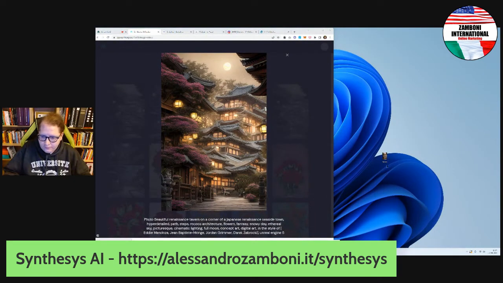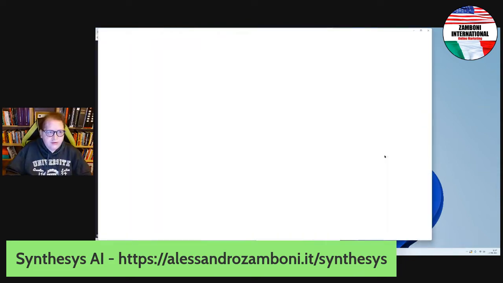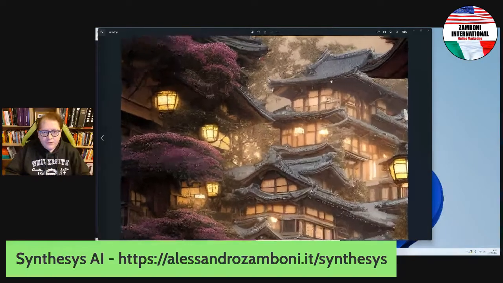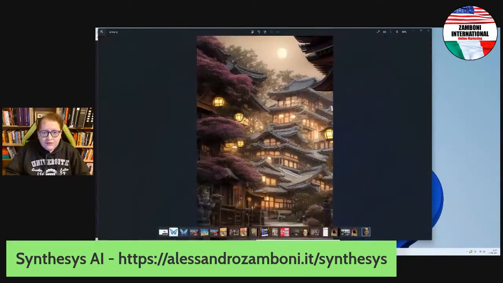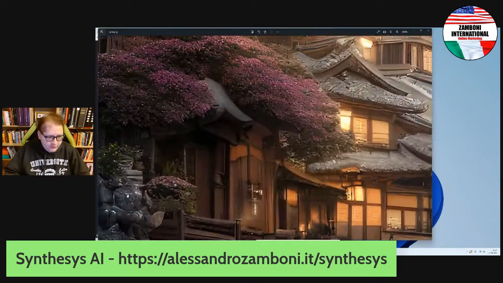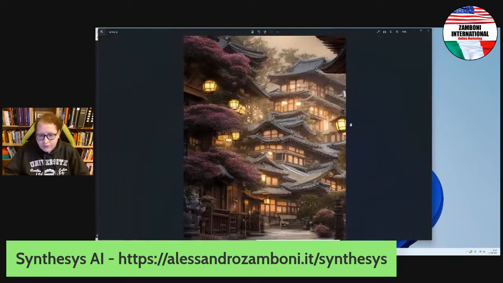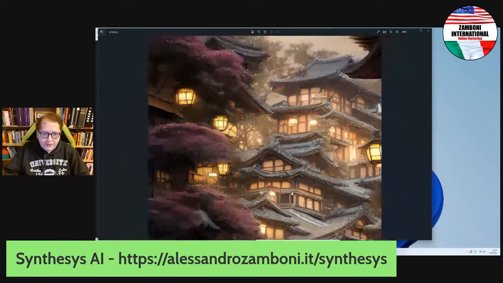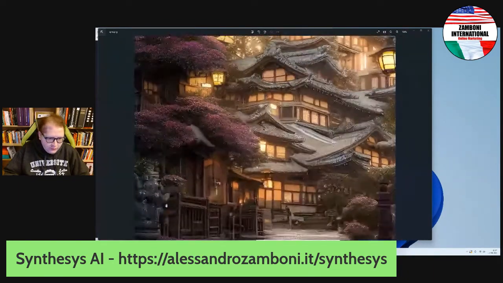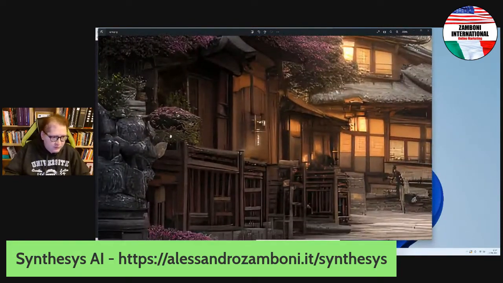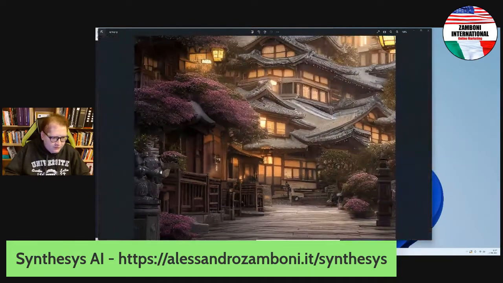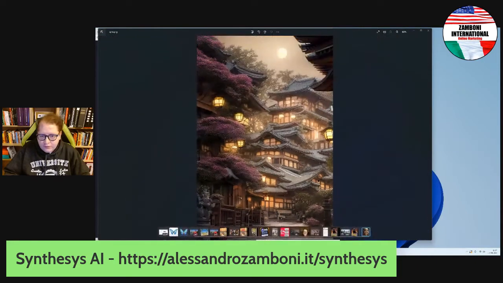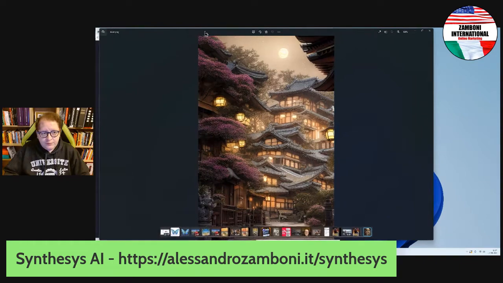Okay, so this is our final image. We can zoom through it. It has some quality. You can make it bigger with an image upscaler, for example, any image upscaler. I think the image could be considered fine, not good or extra good, because there are a few problems. You see one here, and especially down here, it was probably a statue that came out in a really bad way. It seems like a Buddha statue. So this could be considered pretty fine.